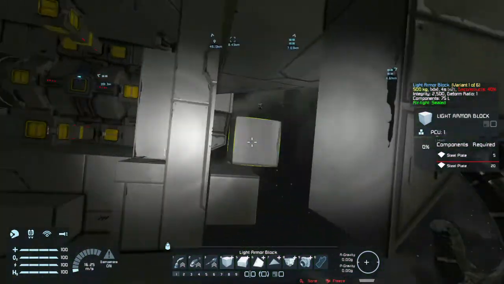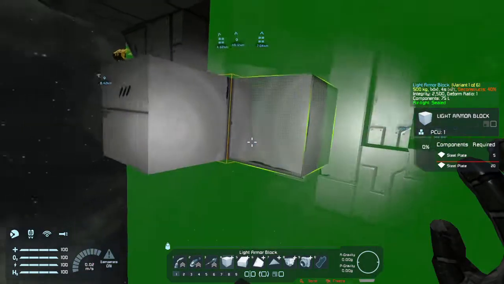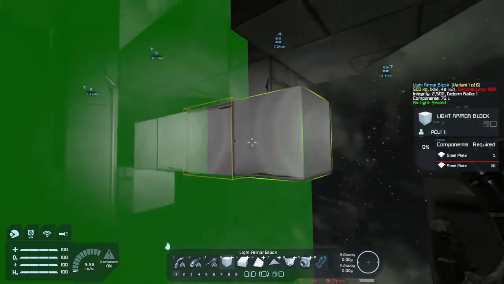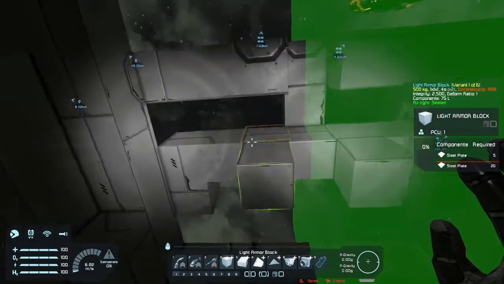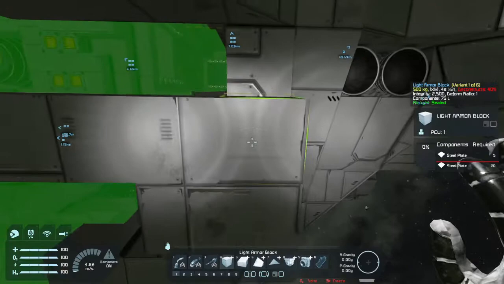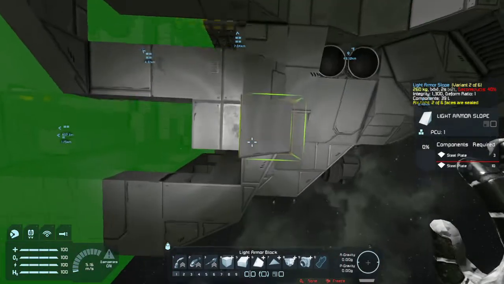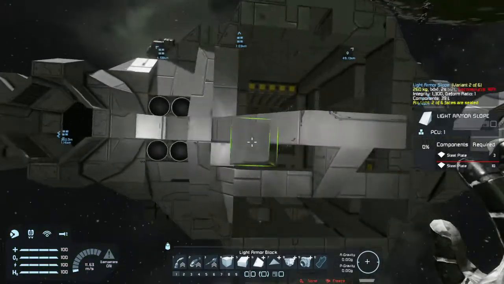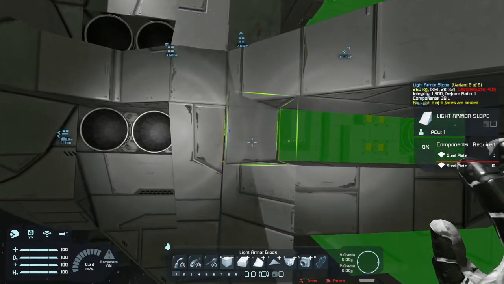That's not where I want to put that. I want to put that here. Didn't want that there. One goes there. Okay. Cool. And then... I guess that can be angled off for the time being. Alright. Now this leaves this area right here